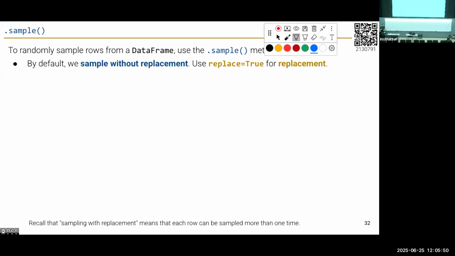All right, sampling. I mentioned this before in the context of exploring data using .head. So to randomly sample rows from a data frame, you use the .sample method. Makes sense. And by default, you're going to sample without replacement. What is sampling without replacement? Bunch of balls in a bag. I reach into that bag. I pull out a ball. I sample a ball. Sampling with replacement says that I put the ball back in the bag when I pick the next ball, so it can be picked again. Sampling without replacement means I can only select a ball once. Okay, so by default, it samples without replacement, which I think is a good default here.